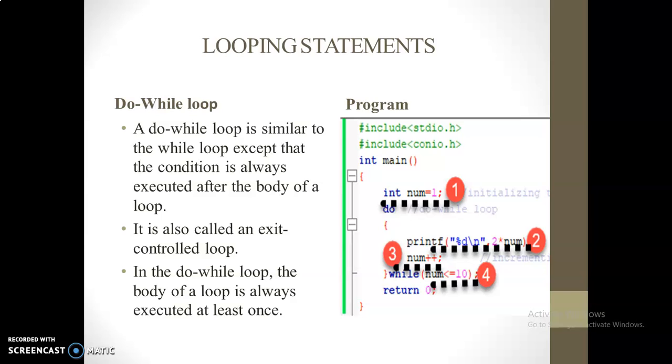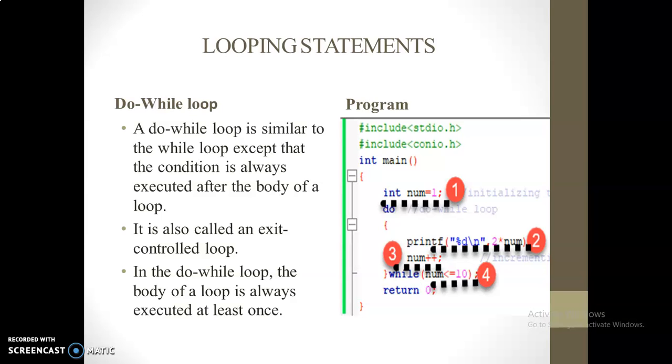It is also called an exit controlled loop. In the do-while loop, the body of the loop is always executed at least once. It should be executed at least one time. And in our example program, we have initialized a variable num with value 1 and then we have written a